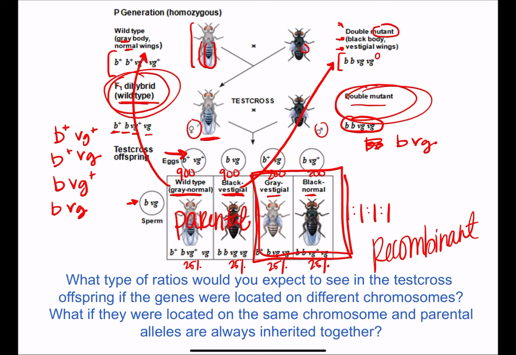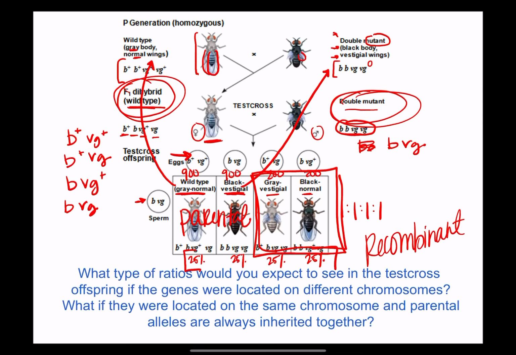These genes are not located on different chromosomes. If they were on different chromosomes, we would have expected this 25, 25, 25, 25 ratio, but they're not. So that means that these genes are likely located on the same chromosome, and those parental alleles are frequently inherited